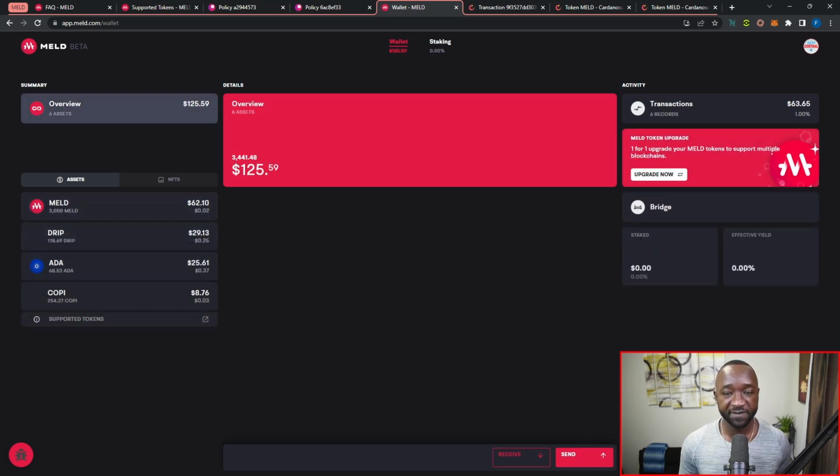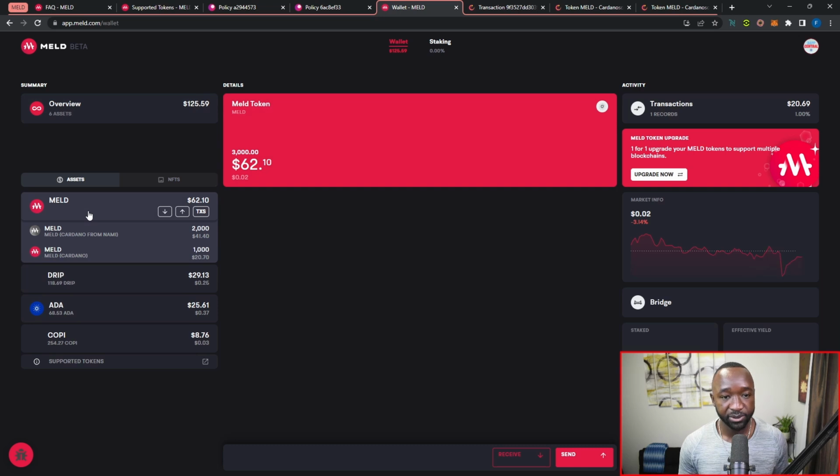So it's been about 15 or 20 seconds and I can now see that the external wallet read is complete. I can now see that my balances have updated and my assets have also updated. As a part of this additional wallet, which is externally connected, I hold Copy and the drip token. I can also see that my MELD balance is now updated to 3,000 MELD. Again, keep in mind that 1,000 was sent to this MELDapp wallet earlier, and that's what we use for the first initial migration. The second set of MELD here is going to be the MELD that is in my Nami